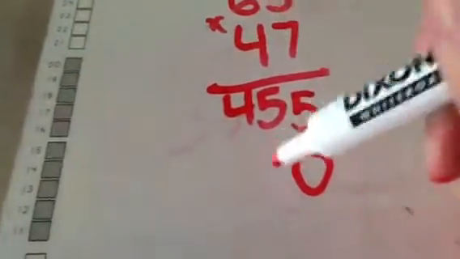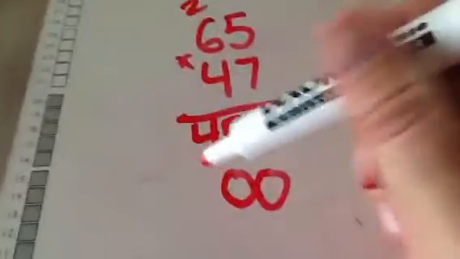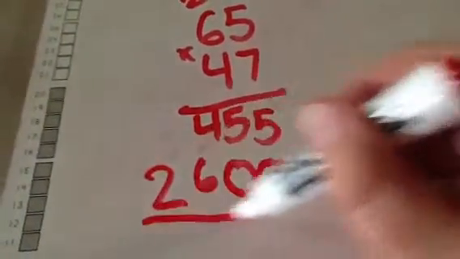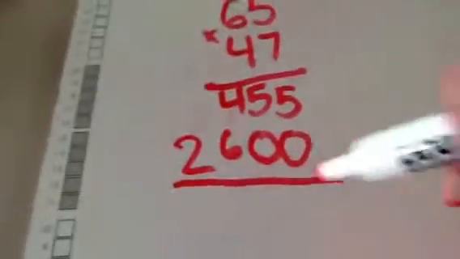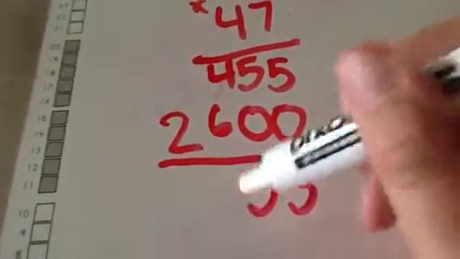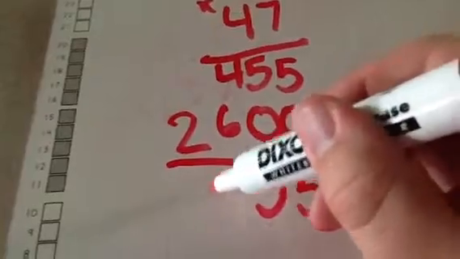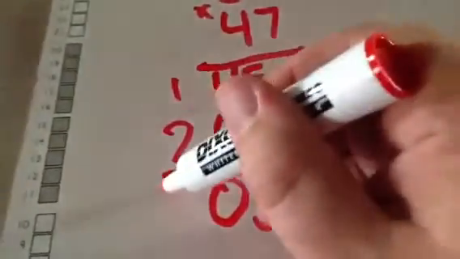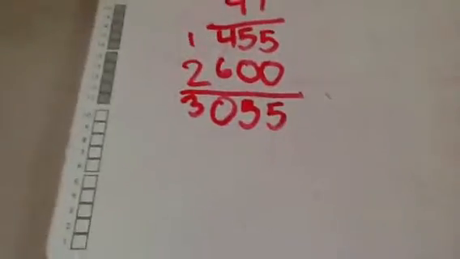So I'm going to put a placeholder in the ones. I'm going to go 5 times 4 is 20. Put down my 0 of my 20. Put my 2 up top. 4 times 6 is 24, plus that 2 is 26. So I'm going to put down the 26 on the bottom. I'm going to go ahead and add. 5 plus 0 is 5. 5 plus 0 is 5. 4 plus 6 is 10. Put down my 0, carry my 1. My final answer is 3055. If I use my area model,